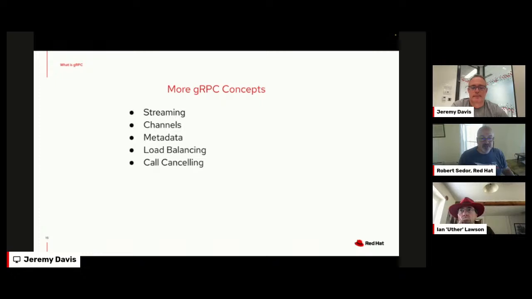Some additional points here. Streaming, channels, metadata, load balancing, call canceling. All of these things are additions that it brings to the table. So when I say performance, you're really talking about speeds. Speeds may vary, of course, but generally we can expect something like 10 times faster than just an API, RESTful JSON communication. From a streaming perspective, Jeremy already started talking about unary streaming and bi-directional streaming, but you can do